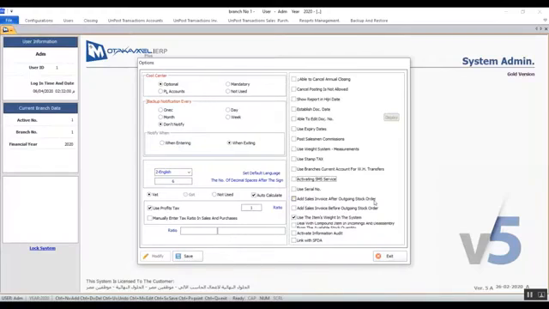Now we'll move on to the next variable, add sales invoice after outgoing stock order. In case you activate this variable, the system will not issue a sales invoice except with a dispatch order. In other words, the client will receive their items based on a previous dispatch order from the inventory, which will affect several things like the stock, cost, the stock outgoing interface account for sales, the outgoing revenue interface for the